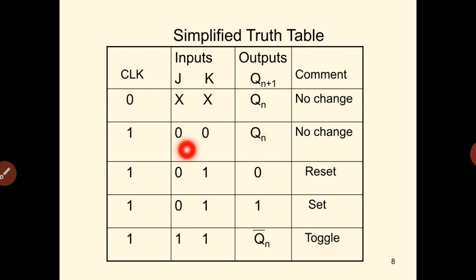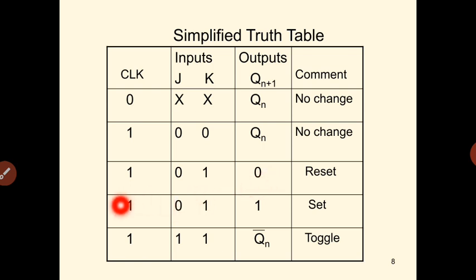So for the j equal to 0 and k equal to 1 combination, Qn plus 1 will be equal to Qn. That means there is no change in the output state. Similarly, whenever clock is equal to 1 and j equal to 0 and k equal to 1 is applied, you will be getting the present output equal to 0, which is independent of its previous output, so that the flip flop is in reset mode. So irrespective of the previous output, for j equal to 0 and k equal to 1, as long as clock is applied, the present output will be equal to 0, which is independent of its previous output.